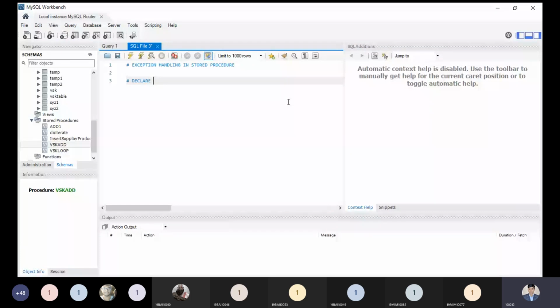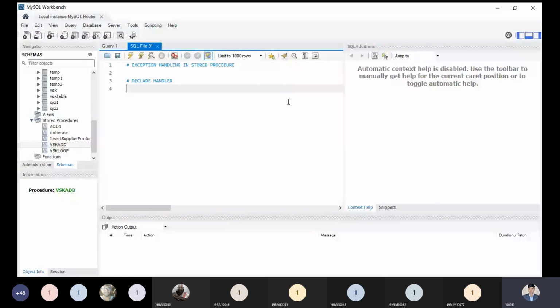Now, what is meant by the handler? Handler is basically a concept, or a keyword, which will deal with your exception. When an exception is generated, how to handle it is known as declaring a handler. So handler is a part of the database management system where, when the exception is generated, it will catch it and show me what kind of exception we are generating. So handler is just like a catch block in C++, Java and Python.